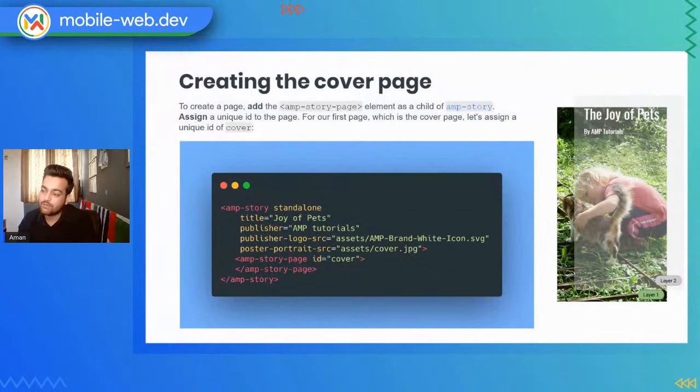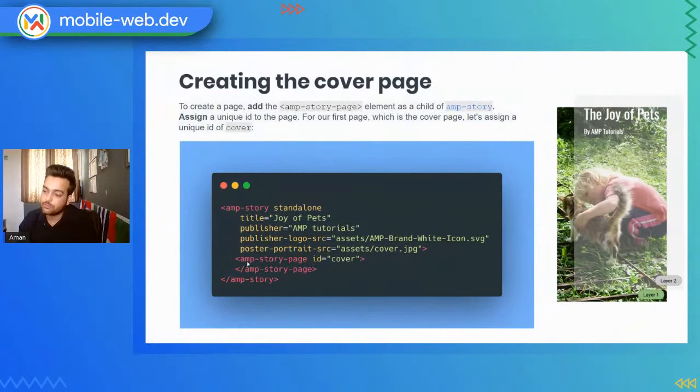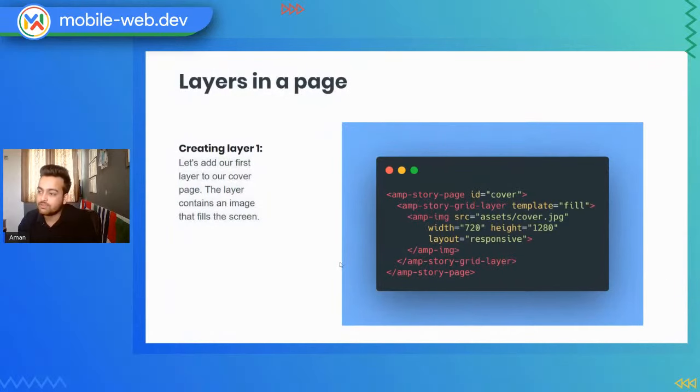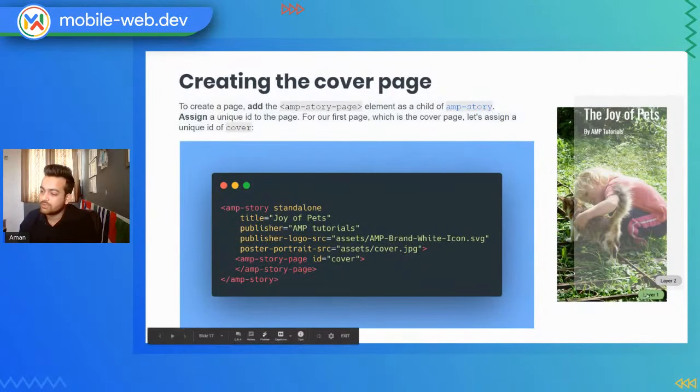To add a cover page, you have to name the ID as cover after you have created all the amp-story components. And then the amp-story-page component you will use for your first page and name it cover. After this, you will add more layers to your cover page. In this case, we have added a grid layer. This is the tag that you have to use, amp-story-grid-layer. Then you can use different templates. I will talk about templates more in this session. And then you can include different elements, like we have included this image. We have used the template fill, which means that this image will be in fill mode across the whole story, and it would look something like this, with a full bleed. So this is layer 1 and layer 2.